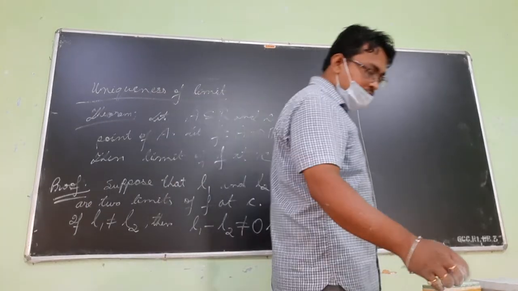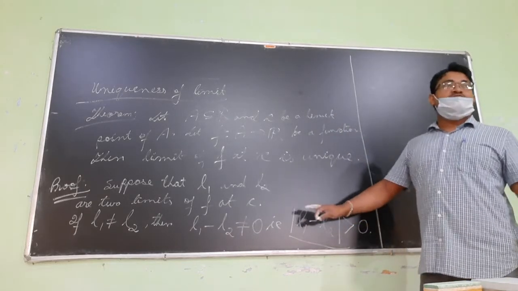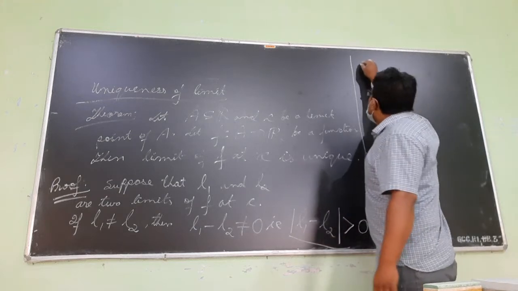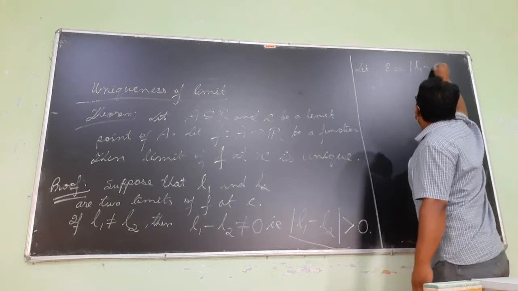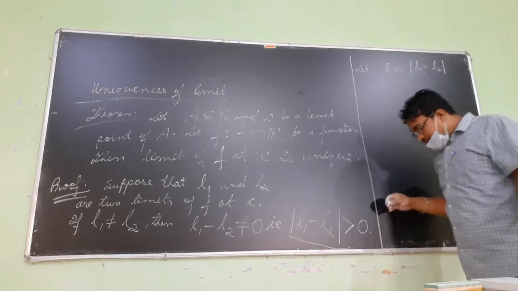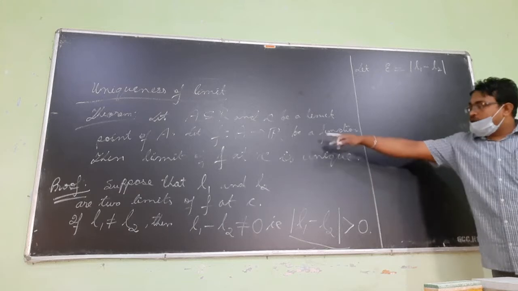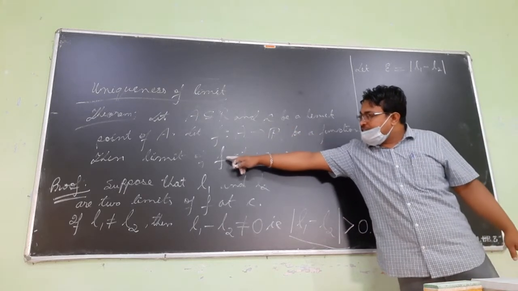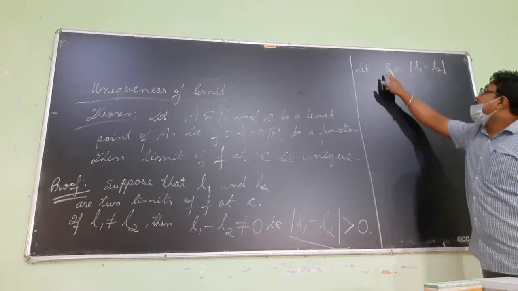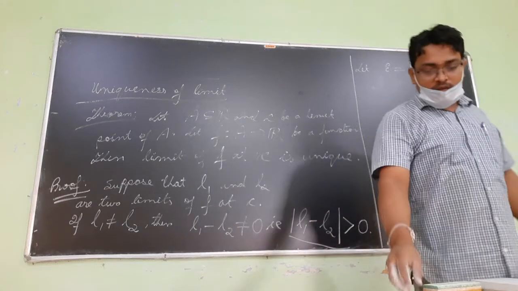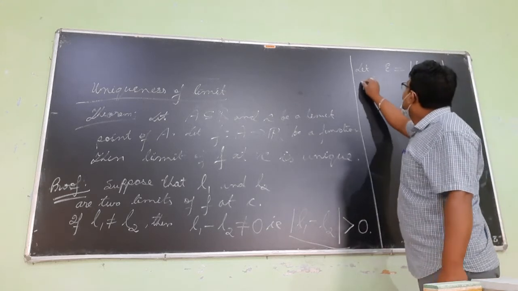So this is the thing you need to understand. So let us take this one as epsilon. We will make changes wherever required. So let epsilon equal mod of L1 minus L2. Later you may require to change it a little bit, because the definition of limit says that the difference can be made smaller than any positive quantity. So for the time being, let us start with this equal to epsilon. After that you will see we need to make some changes. Let epsilon equal to this, then